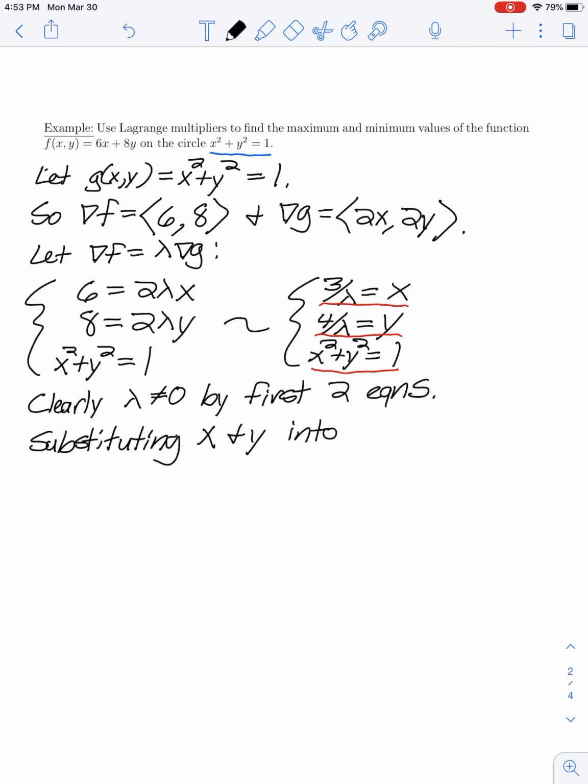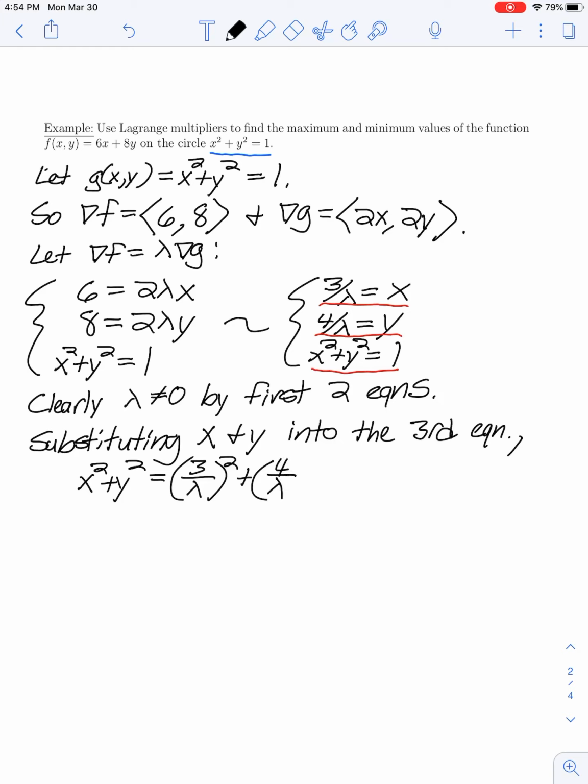So here, let's say substituting x and y into the third equation,